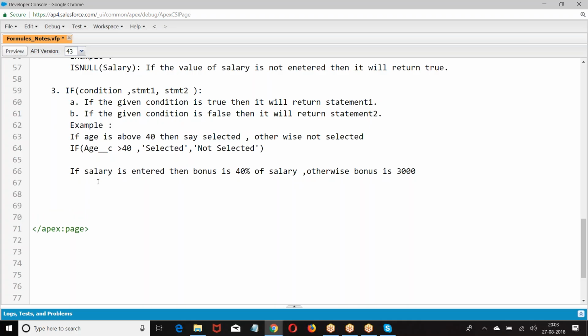So what I will do? Salary. How do you know is it entered or not? Is null of. If the salary is not entered, then it will be true. Is null of salary means if salary is not entered, it will be true. So if salary is not entered, what is the value? 3,000. If salary is not entered, it is going to be 3,000. If salary is entered,